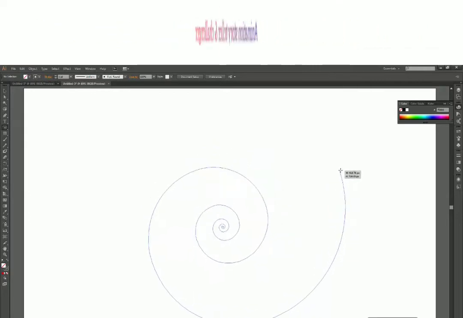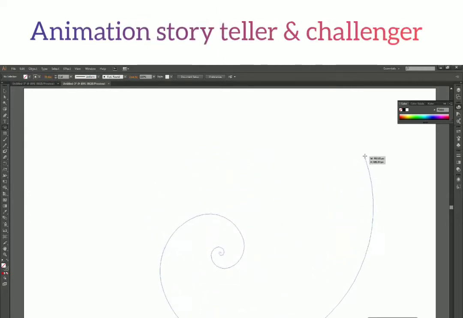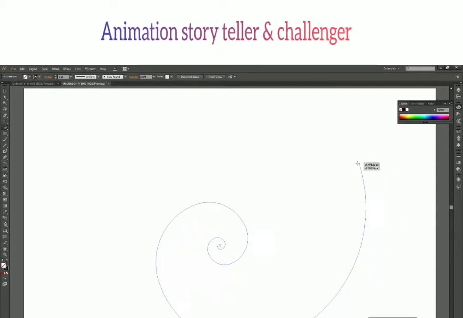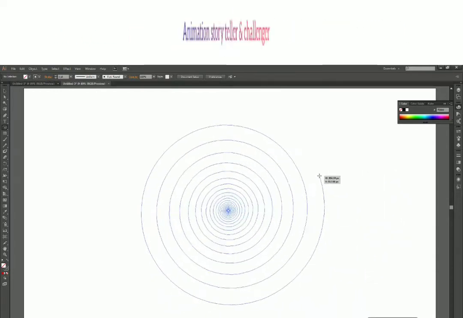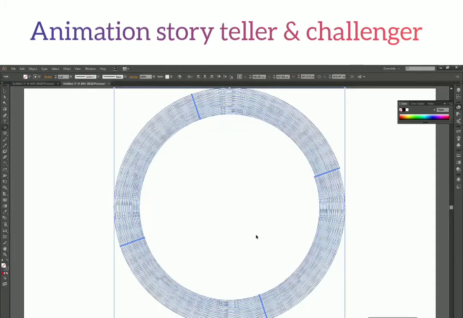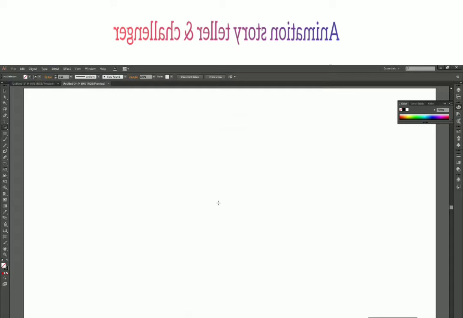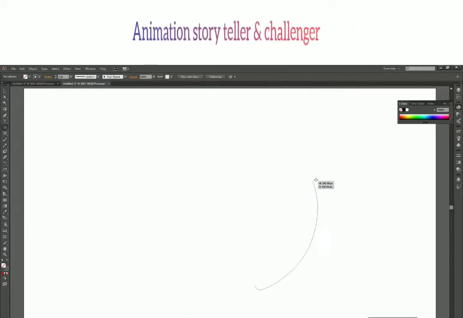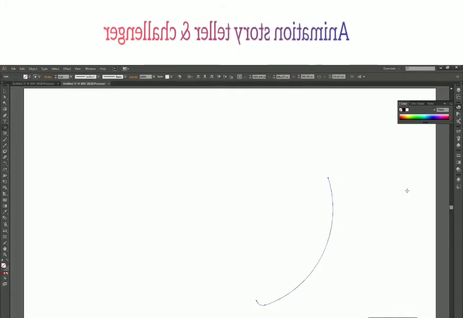When you move your mouse outwards, it decreases the value of the decay, and when you move your mouse inwards, it increases the value of the decay. You can release it to this point, and alright, we have gone into negative values, so let's draw it again. Now since we have gone into negative values, we are getting this kind of problem.